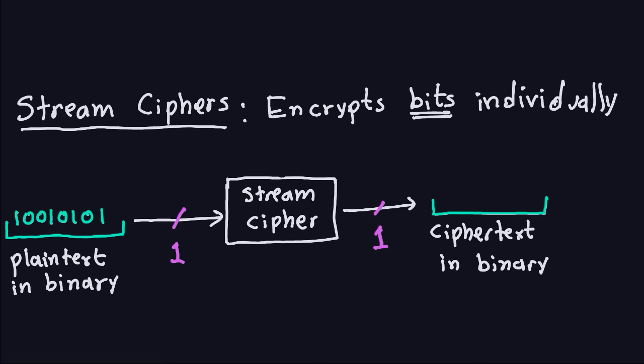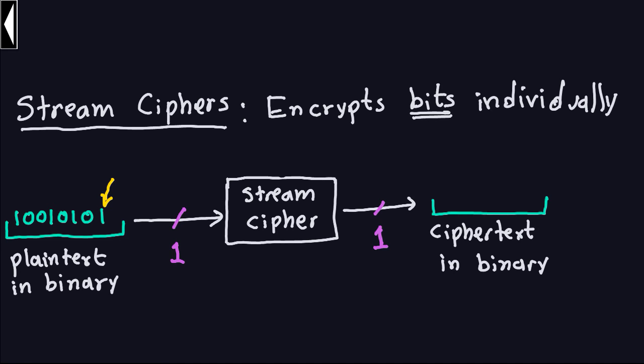So one bit at a time. As I mentioned earlier, what you have to do is something like this. You take a plaintext in binary, whatever that might be. In this case, what I have here is a byte, so I have 8 bits of information, zeros and ones. This stream cipher is going to process it bit by bit in the following way. This is just an example. Let's say I'm going to take the first bit. You feed it the first one from right to left. That's why it's called a stream, because it flows through the cipher and comes out here. So I'm going to take the first bit, which is that one over there,